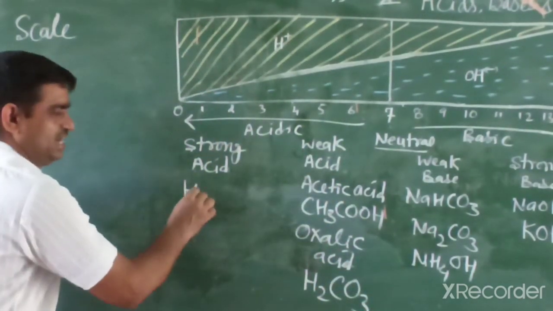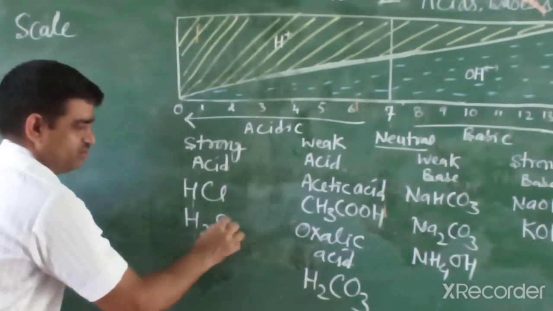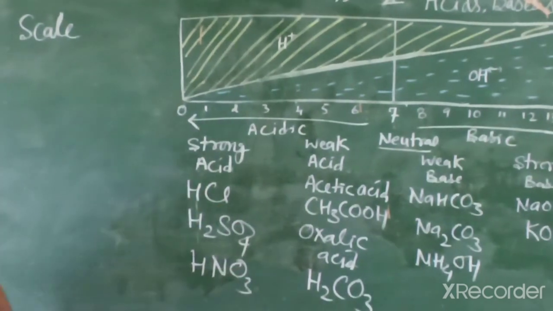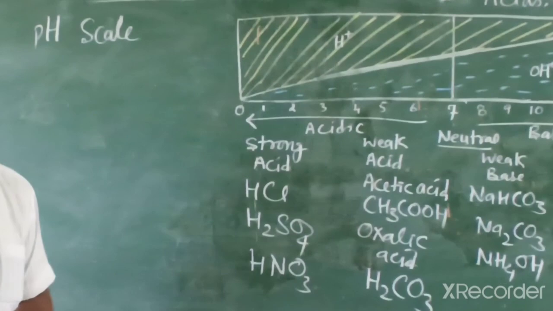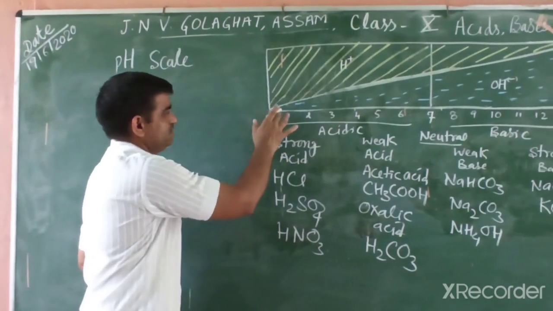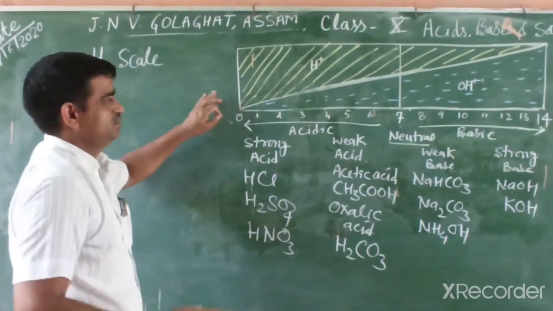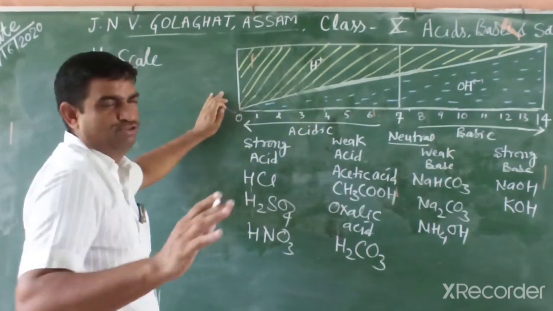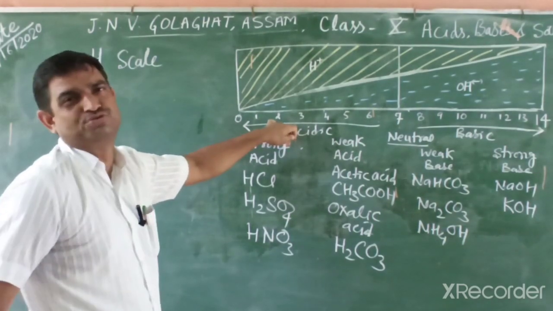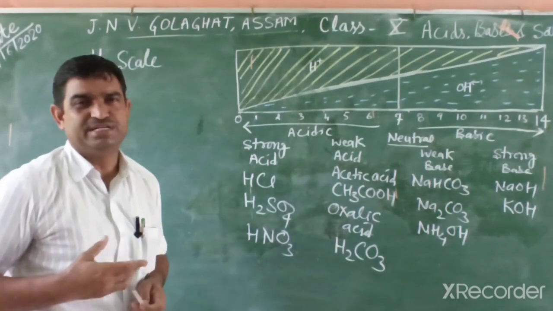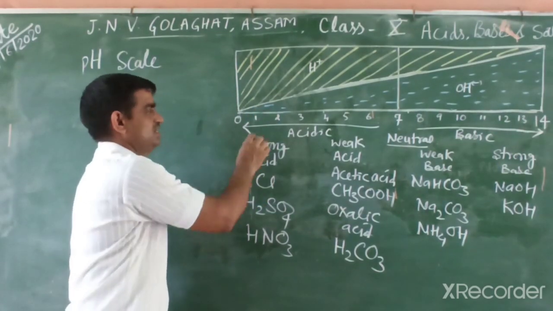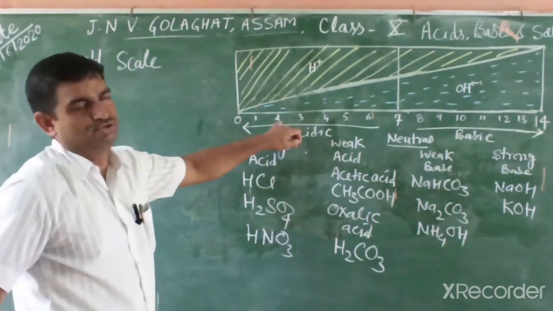Strong acids: HCl, H2SO4 and HNO3. Generally we write these three acids. There are more acids also, phosphoric acid, perchloric acid, chloric acid, like this. So their pH is near 0, 1 or 2. This is a comparative term, and if a solution has pH near 2, that is lemon juice. Gastric juice in our body, HCl formation in our stomach we know. So that gastric juice is HCl, its pH is near 1.2, lemon juice 2.2.